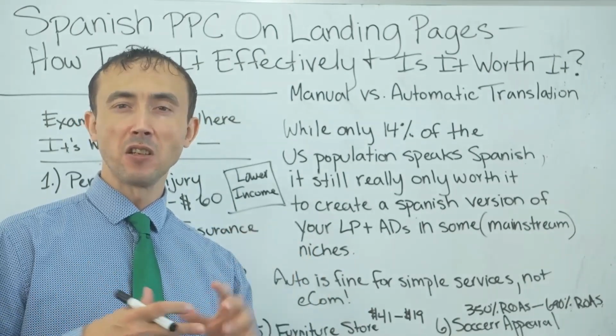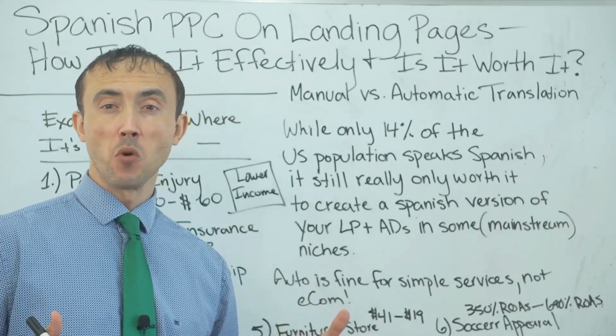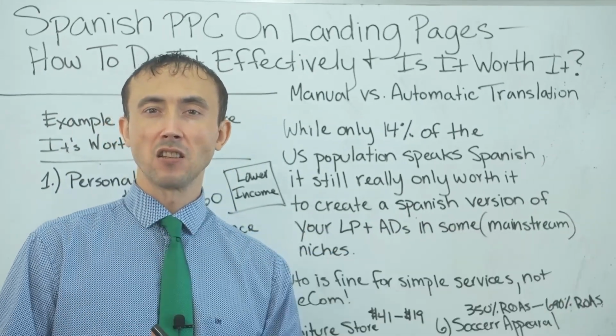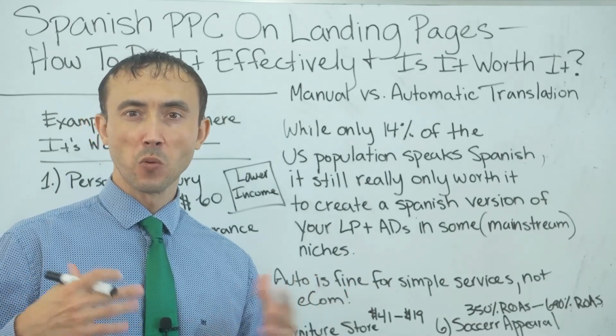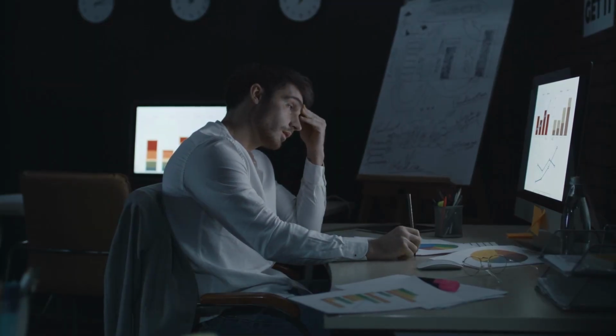Because not every single case will doing this actually earn you an ROI. It will get you more conversion rate, but is it going to get you an ROI based upon the cost that it's going to cost to set it up? Naturally, also, anything that you do with your ads, switching it up to another strategy, you're going to get a reduction in your results because the campaigns are going to go back into learning mode most likely for a period